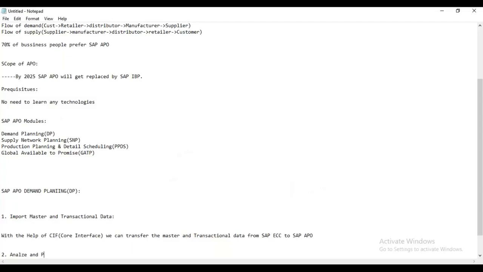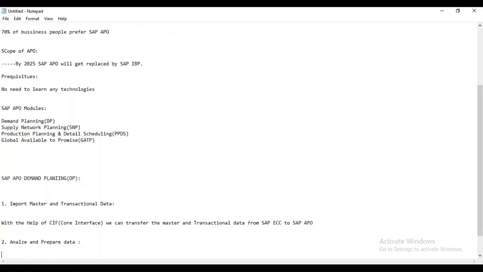Analyze and prepare data. Here in this step, business people will check and analyze the data